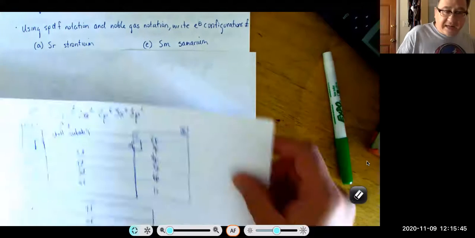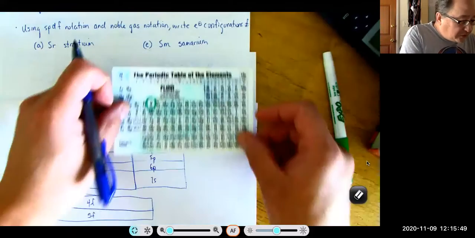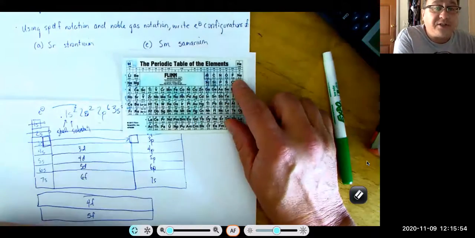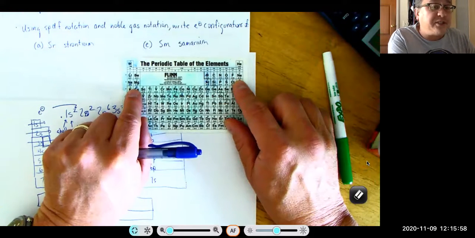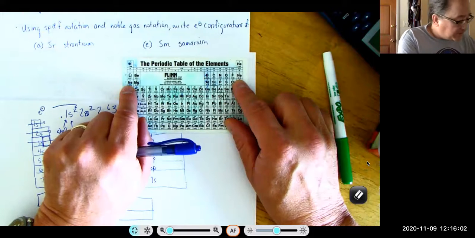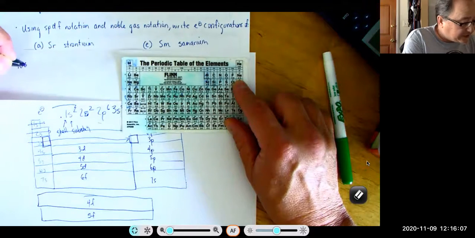We get to go ahead and start at a noble gas. So here you can well imagine that if you have the electron configuration of neon, sodium is going to be the same as neon, but with the addition of a 3s1. So you could write the electron configuration of sodium as neon